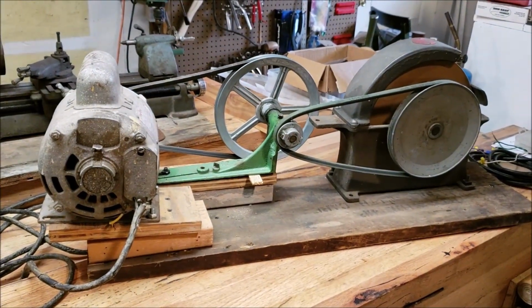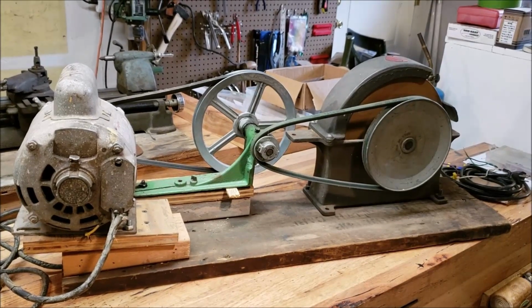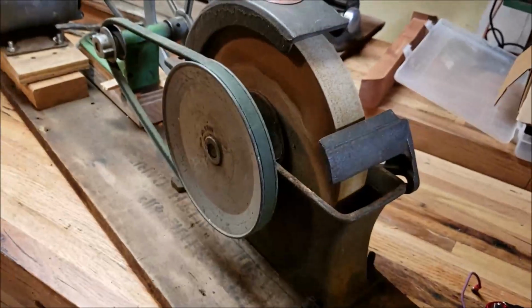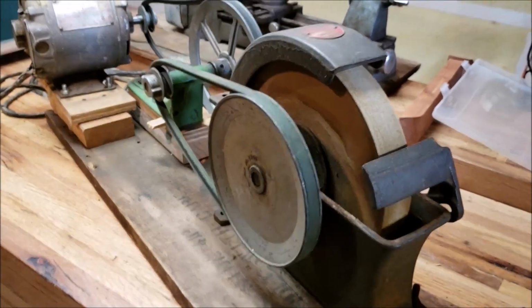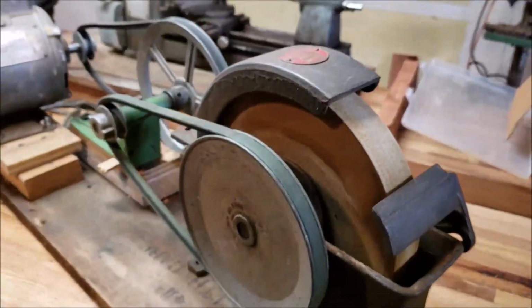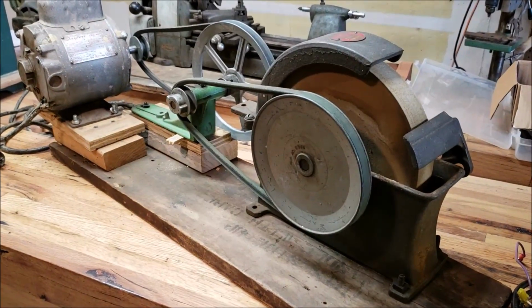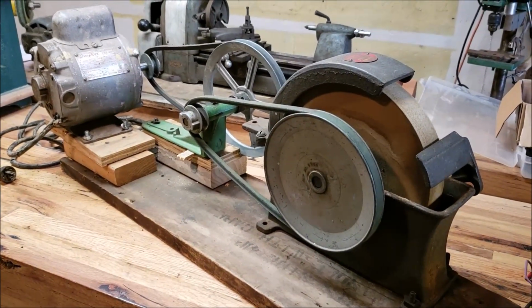Here's another project I've been wanting to do for a while. I would really like to remount this wet grinder setup. It's pretty janky. It's not the nicest looking setup, but it is functional. These pulleys seem to slow it down enough to where it feels like it's running at the speed it's supposed to be. But anyway, it's just a simple grinder on a piece of wood, and there's just not much to